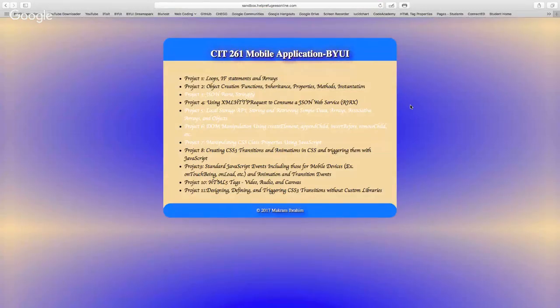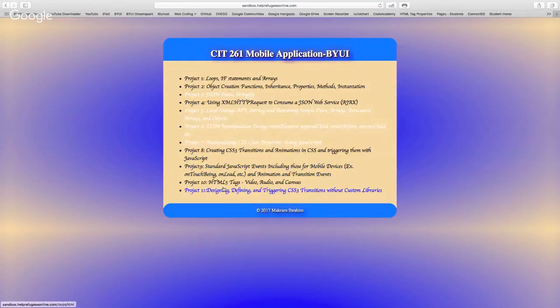So which topic is it under? If you go to the create elements, append child, and insert before. It is project 6. Okay.